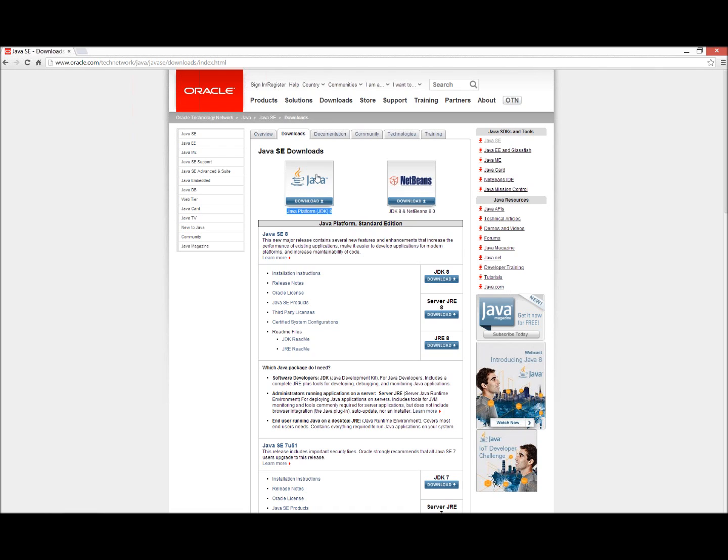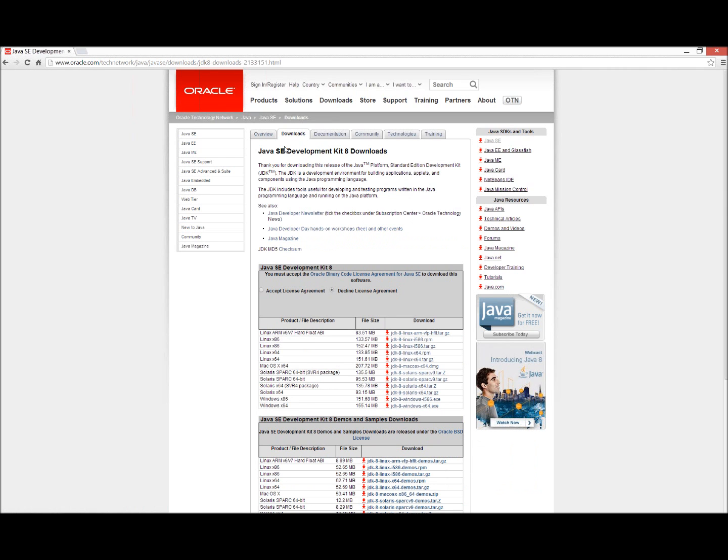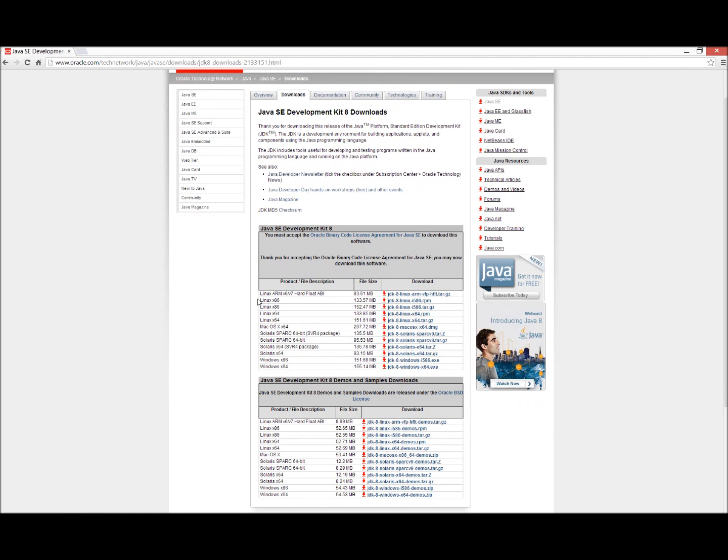Now, the interesting thing is Java is a portable language, which means that when you select, I just clicked on Java SE Kit, I accept the license, and right over here, take a look, I have the Linux platform, the Mac OS X platform, the Solaris platform, and the Windows platform that I can use to download the specific libraries that I need to download Java. Right? So depending on what operating system I'm using, I download the appropriate Java component, the Java library,